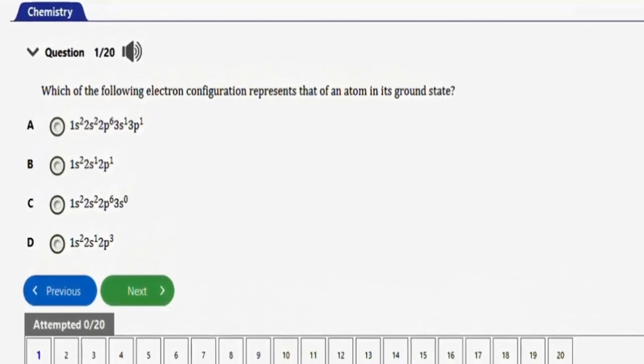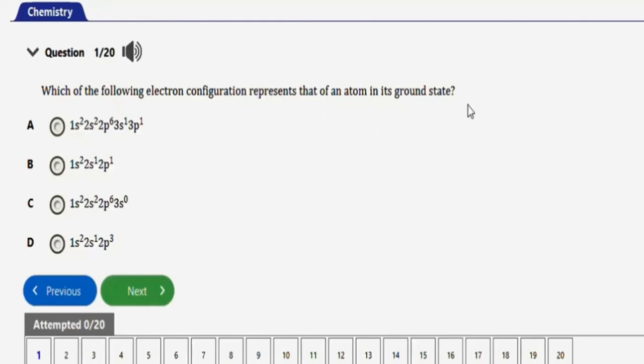In this video, we're going to learn how to solve these chemistry problems under electronic configuration. So guys, we have about 18 repeated questions to practice with in this video. Let's get started. The first question I have here says, which of the following electron configuration represents that of an